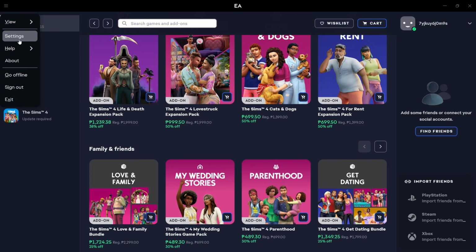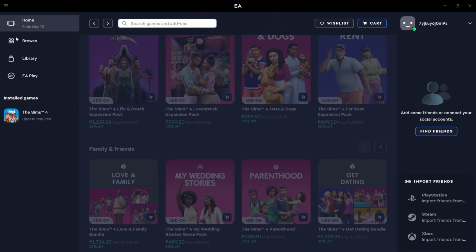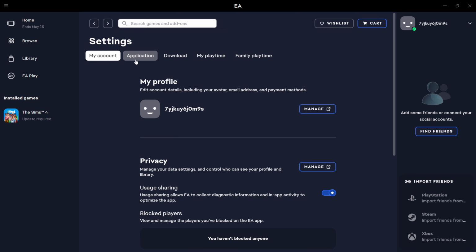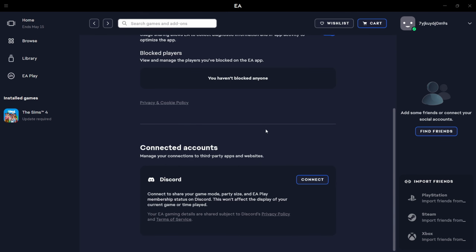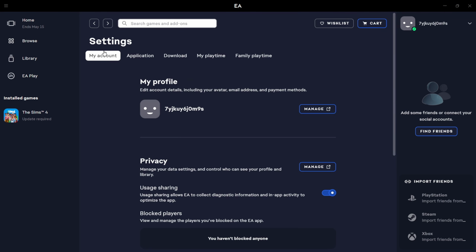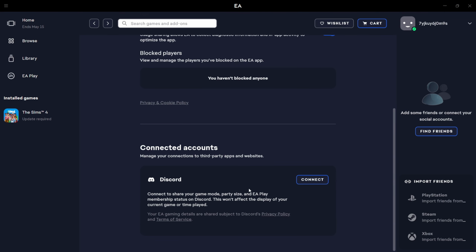Once we click on that, you will see the drop down menu. Just click on the settings. And under the My Account, you will see this. So you will see connected accounts once you scroll in under the My Account section. So in this case, I have not linked my EA account onto Steam. So basically, you just have this Discord right here. But in this case, you just have to click the unlink button if your EA account is already linked onto